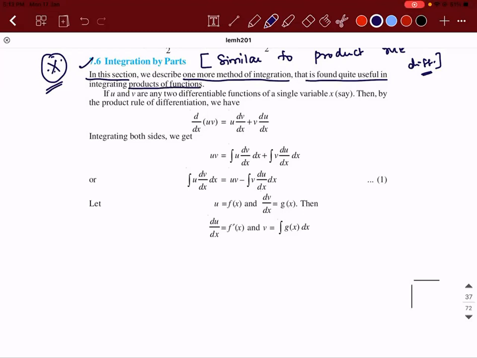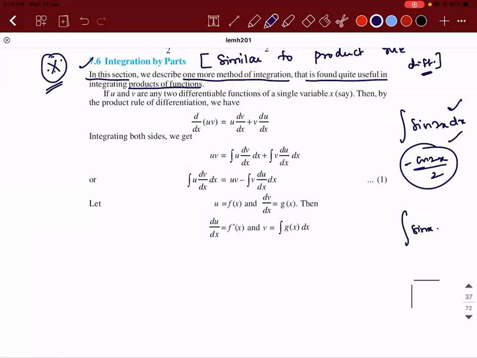So till now we had composite functions, that is integral of sine 2x dx is there. Then you need to write it as minus cos 2x divided by 2. So this is a composite function, and to differentiate a composite function, we have a method. But what about differentiating the product of two functions? Sin x is a function, 2x is a function. So when this kind of scenario occurs, at that point, we need to go with the concept of integration by parts.